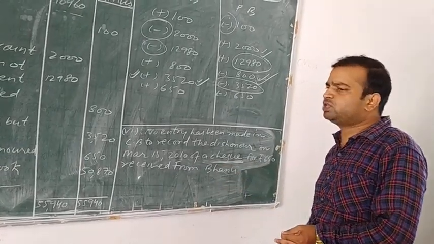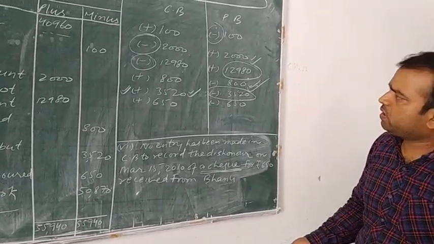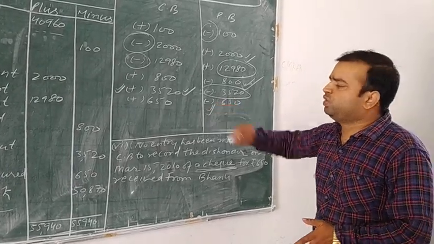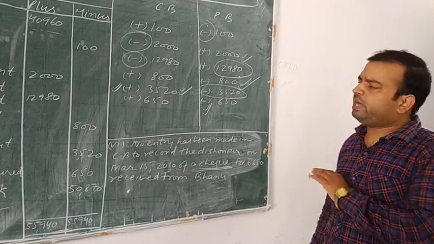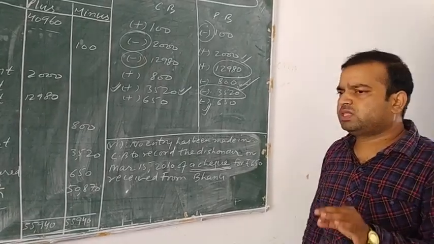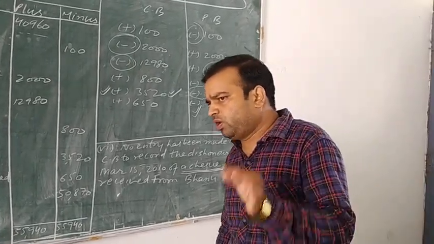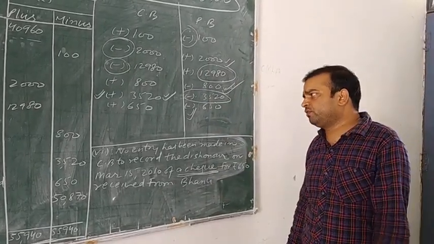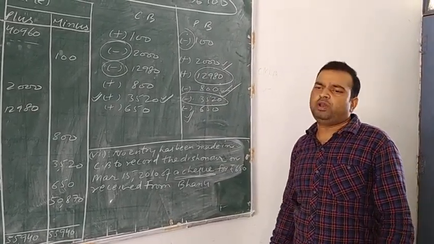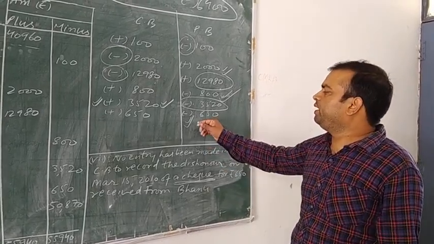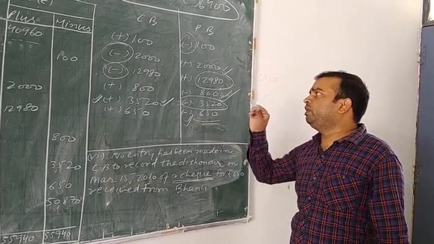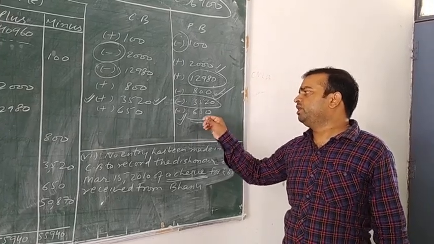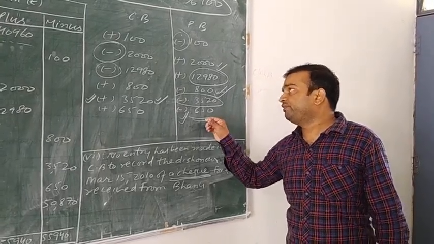When the check is dishonored, then in the passbook the bank will use the minus sign, means the bank will not credit this amount because the check was bounced. Because of the cancellation of the check, the amount will not be credited by the bank, means a debit will be given of the same transaction of rupees 650 in the